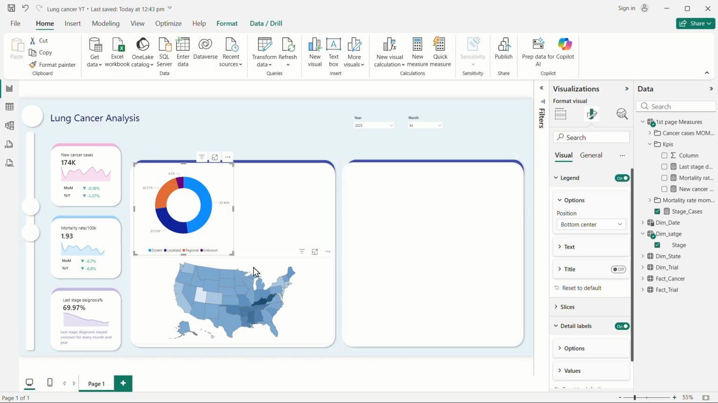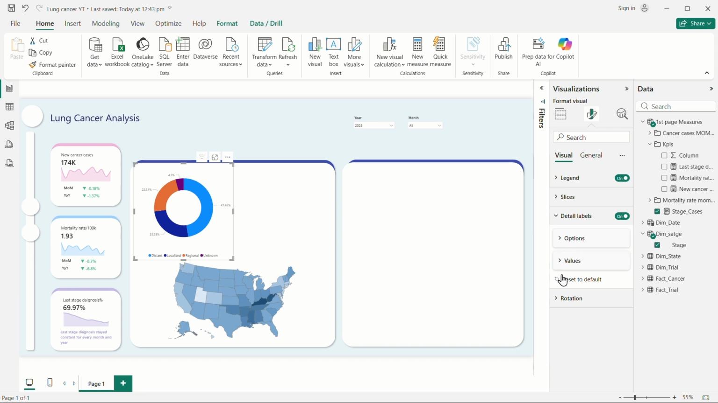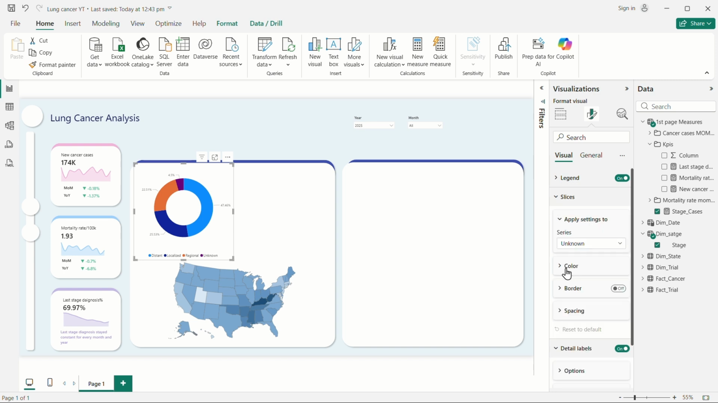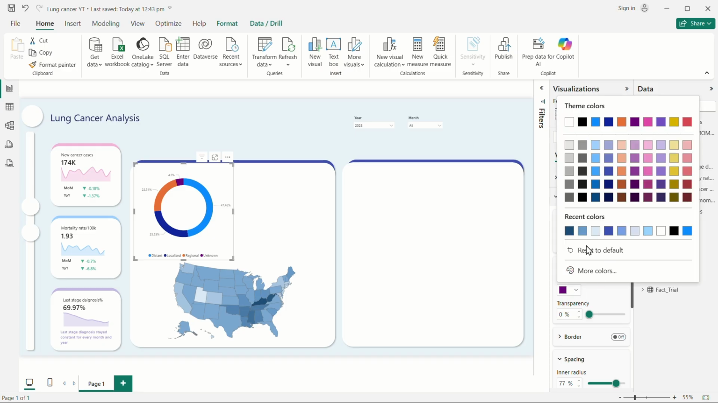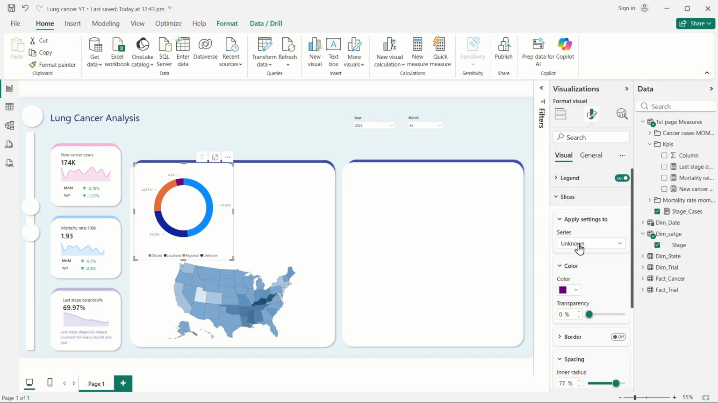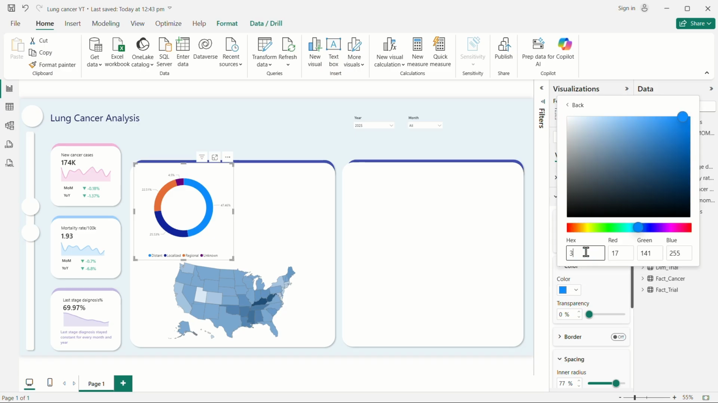All right, resize this a little bit, and after that go to the slices option. In slices spacing, the spacing should be 77%, I guess. All right, yeah, that is fine. Now we will give colors as per our theme, for distant, localized, and regional. So for distant cases, give the color as